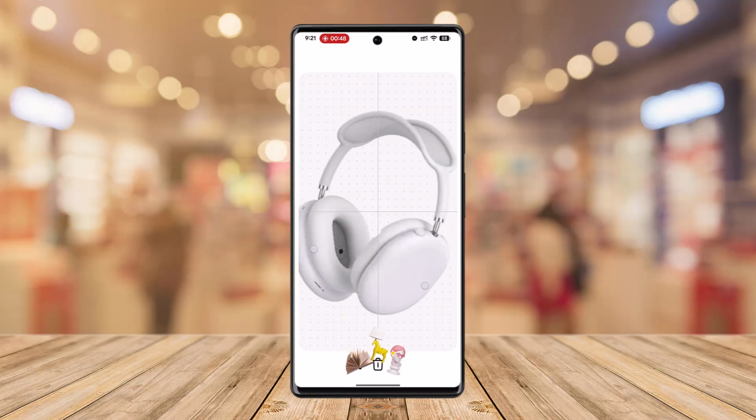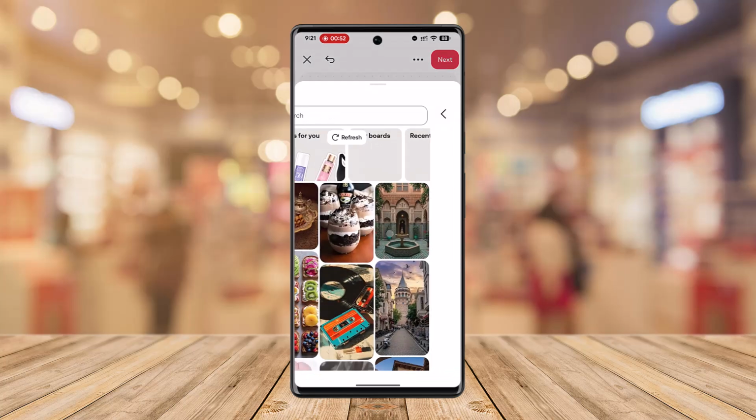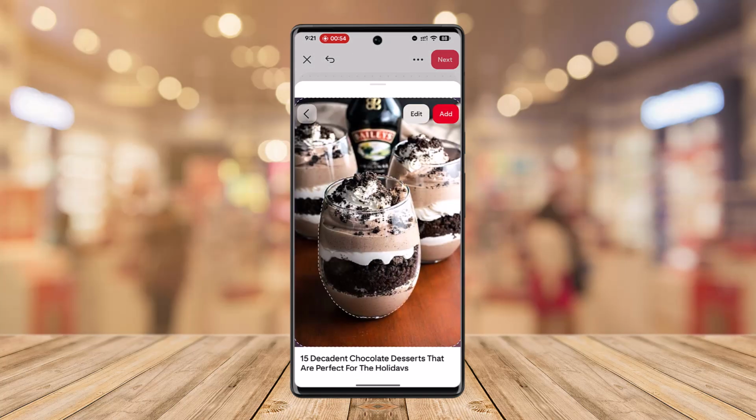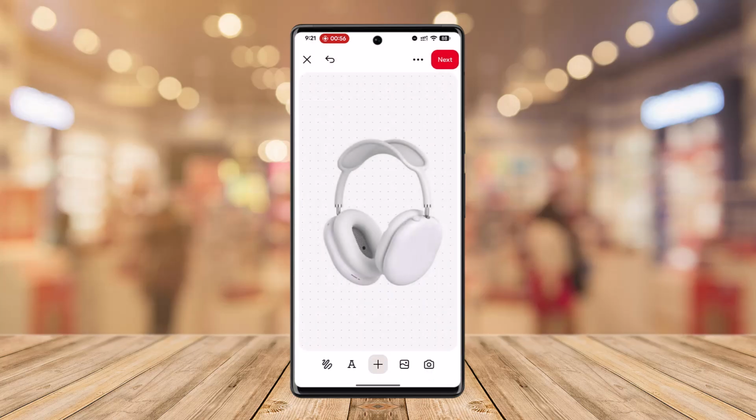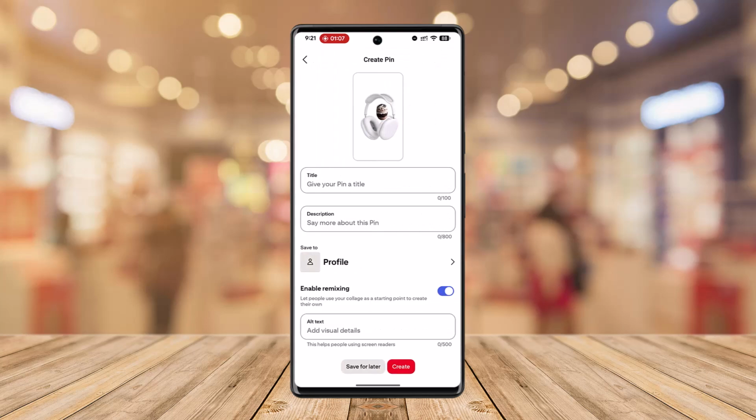You want to make sure to adjust accordingly. You can also select the add button once again and select it something like this, and you can add multiple pictures if you want to. Then tap the next button, and this way you'll be able to resize, give it a title, descriptions, all that. And that's how you're supposed to make a digital vision board on